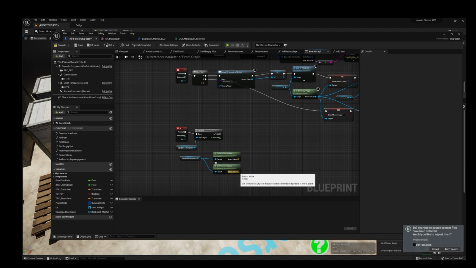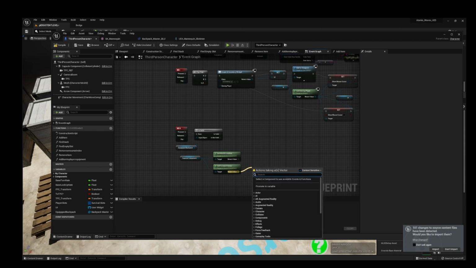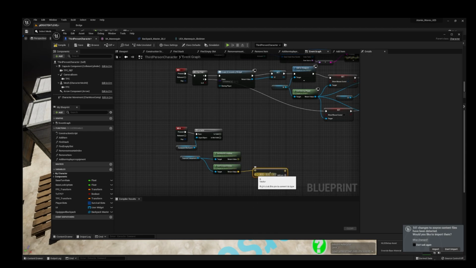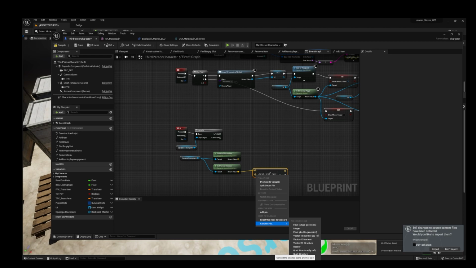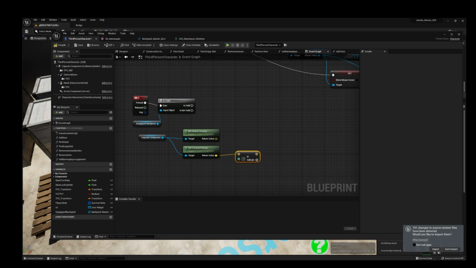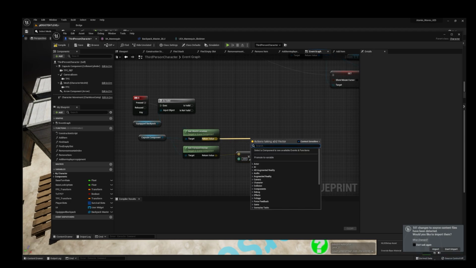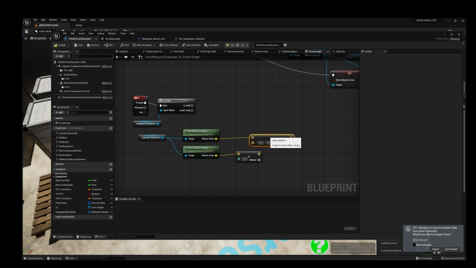We're going to drag out the return value and multiply again. And we're going to right click this B vector here and convert pin to integer, so that way we're multiplying by an integer instead. And then I'm just going to make this 200. Then we're going to drag this out and do addition here, add. And then we're going to connect these two, like so.